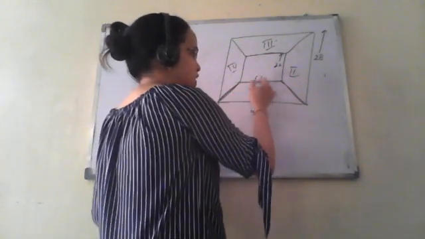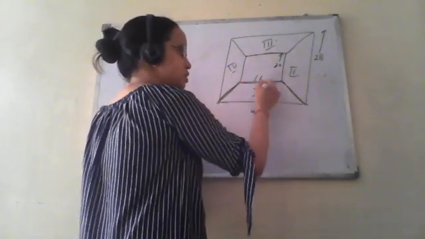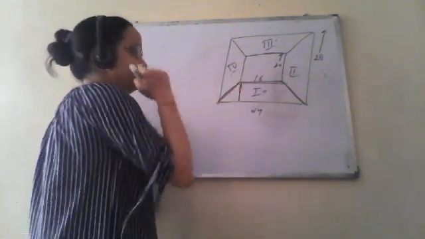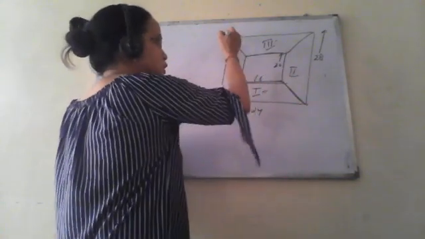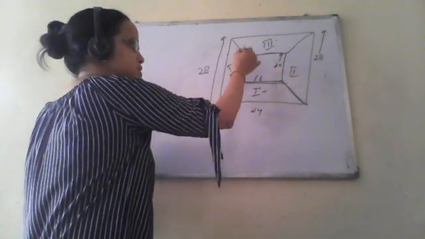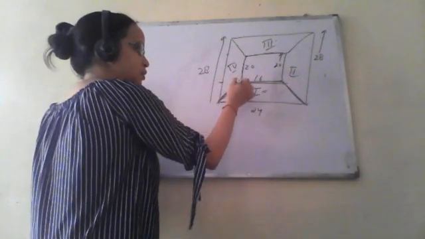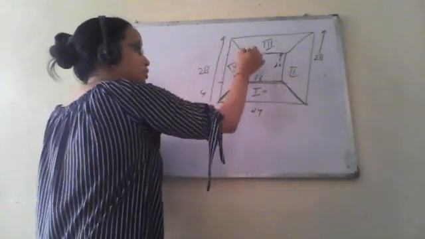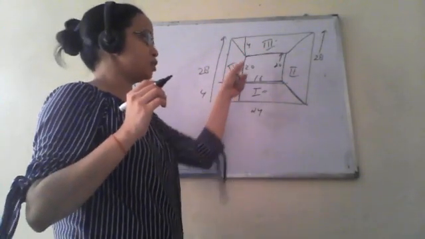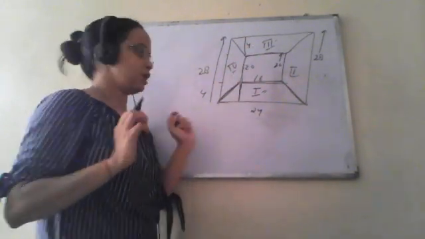These are in the shape of a trapezium. So this side is 24. This is 16. How do we calculate this side? Now see, this whole length is 28 and this much length is 20. So the remaining portion will be 4 and 4. This remaining portion will be 4 and 4 because this whole is 28, this is 20, so it will be 4 plus 20 plus 4. Only then it comes to 28.